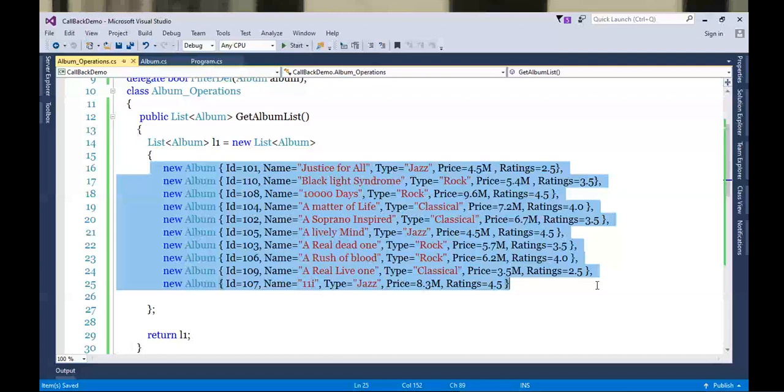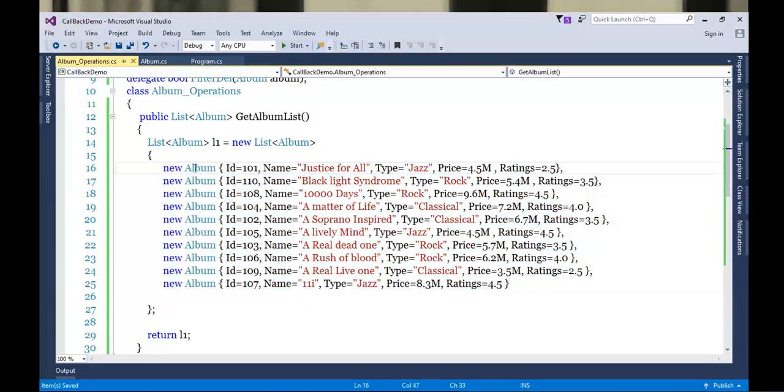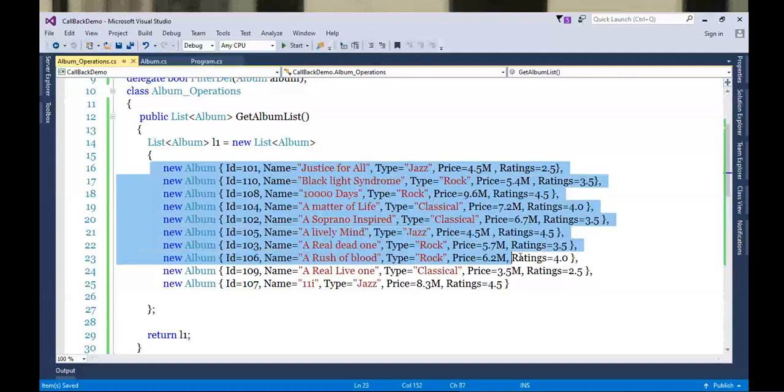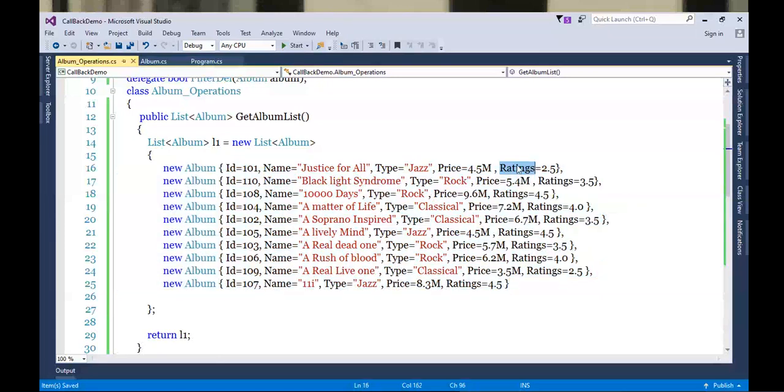Now, in this example, where does the callback come into the picture? If you think about this example, for each album, we are checking the ratings. So if I got a list of 10 albums, how many times will I check the ratings? 10 times. So 10 times this callback will happen.